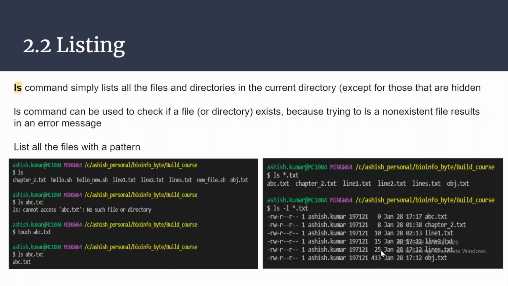This is the size of the file. So if we have a lot of files and I want to see which particular file is taking more space in my storage, we can list out all the files and see that this particular file is 1 GB or 2 GB. This file will take more time in processing.